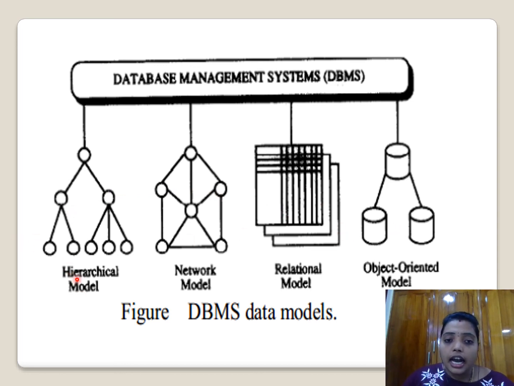The first one is the hierarchical model. From the database management system, first one prototype is there, which is divided into two types according to the requirement, and then again into three types. Like that, different models are there. The next one is the network model, where one object exchanges data from the center. From this we can send signals to different objects from one operator only. After that come the relational model and the object oriented model. These are some of the database management system data models.